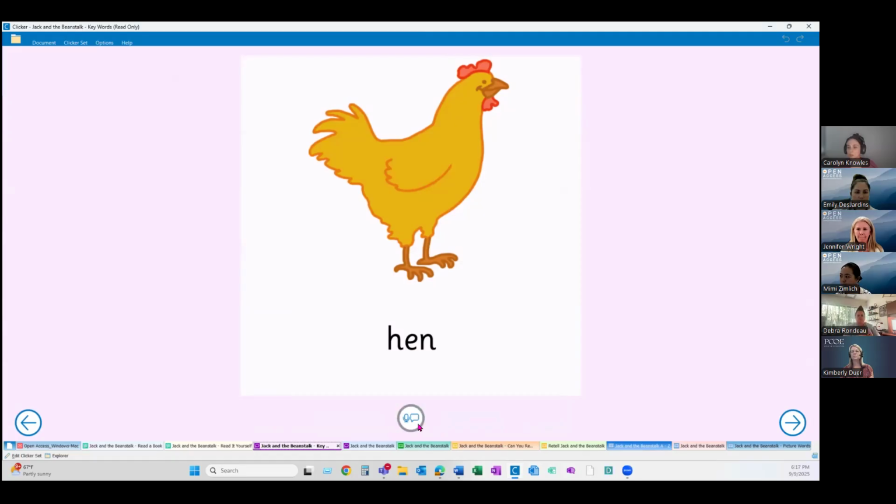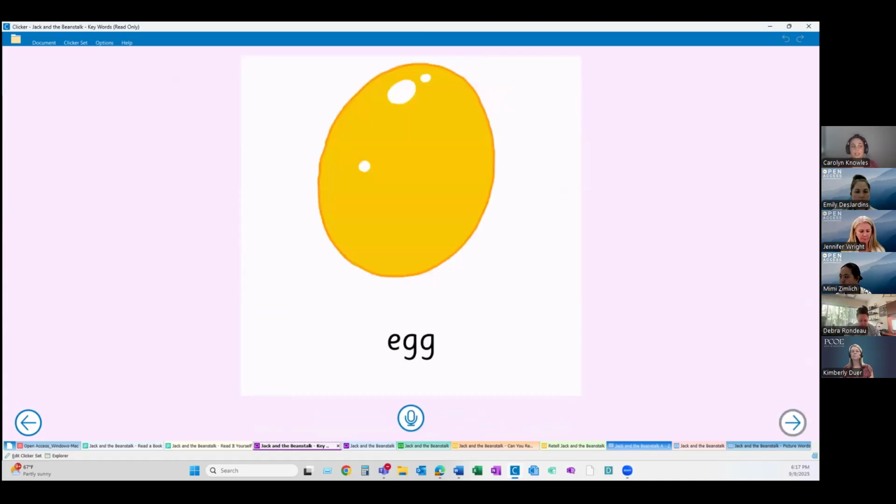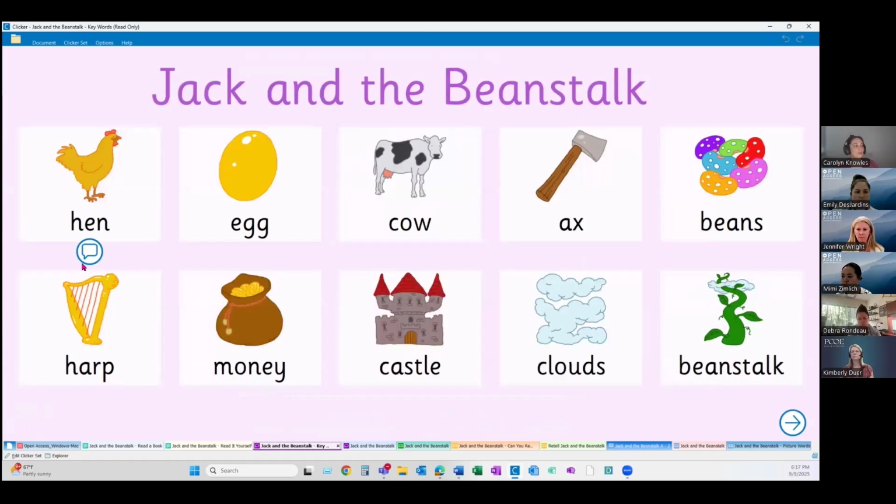And then it'll turn into a speech bubble there. So we know that there's some sort of recording associated with that. And we can keep going through our activity. It'll just take us all the way through. But if we pop back out to home, we can see that recordings appeared on the front also. So it'll store all of the recordings at the front so you don't have to go through all of them. Really great, again, for reinforcing key vocabulary from a story or whatever you may be working on.